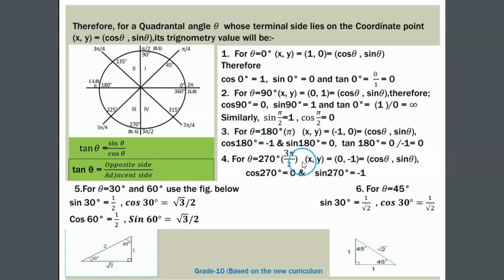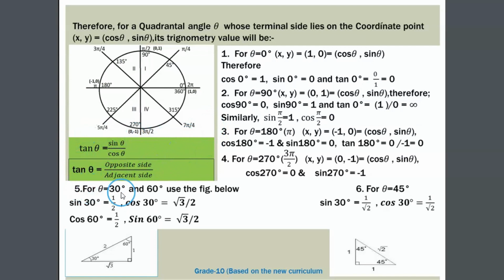0 ይሆናል ማለት ነው። የ270 ዲግሪ ወይም ደግሞ በራዲያን ሜጀር የ3 ፓይ ኦቨር 2 ተርሚናል ሳይዱ የሚገኝበት ኮኦርዲኔት ፖይንት 0,-1 ነው። የሱን አሁን ባየነው መሰረት ለማየት ሞክሩ። Therefore please don't forget here the formula for tan theta: sin theta over cos theta, or tan theta means opposite side over adjacent side። እነዚህን ፎርሙላዎች እንዳንረሳ።